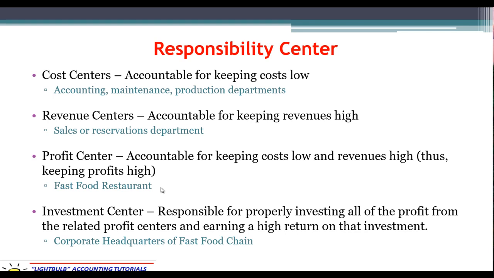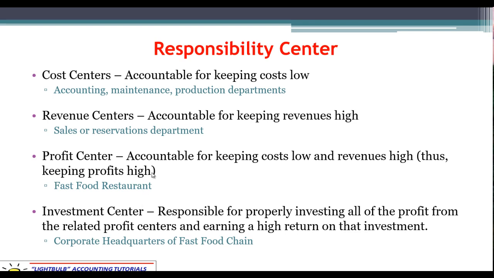So you might see a situation where, for example, the food, they want to make sure they're only using the level that the recipe requires. Think about a pizza restaurant. You don't want to be throwing too much cheese on there, too much of the meat. You put it according to the recipe. You don't want to skimp because then the customers will be dissatisfied, but you don't want to put more than expected either. Staffing.